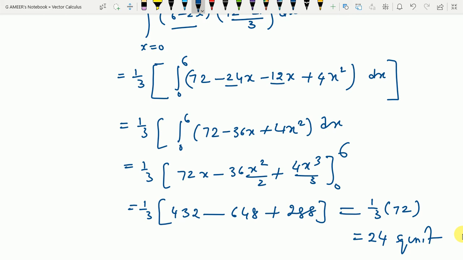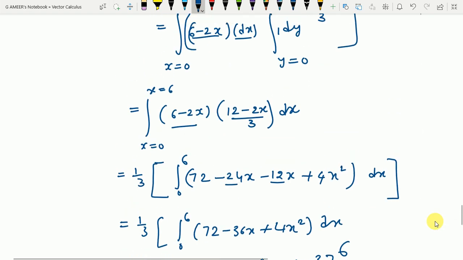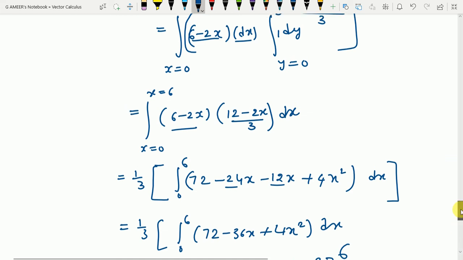Obviously this is not as simple as you think. It is a little bit difficult also, because sometimes you may make mistakes with the limits, sometimes with the simplification. Mistakes can be of any form, that can be erased, not an issue. But you need to understand first what we are doing in this problem. So let us see step by step what we did here.